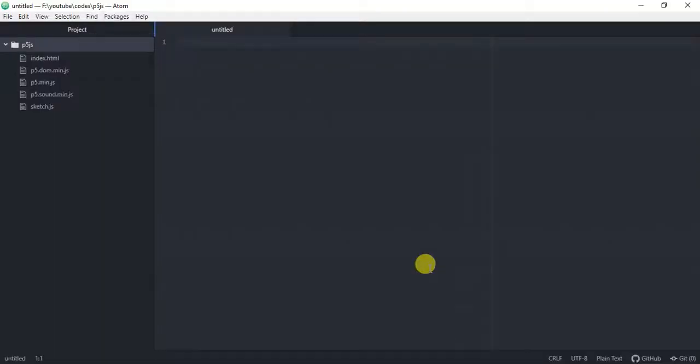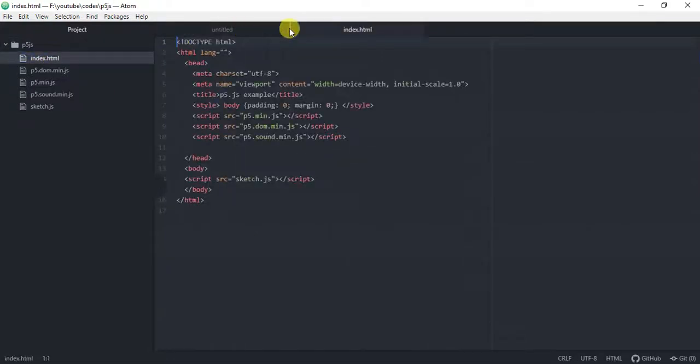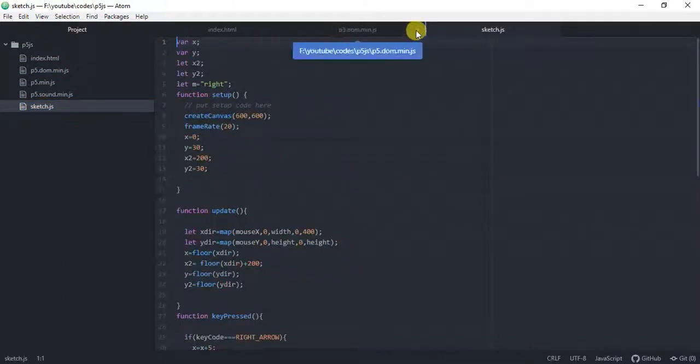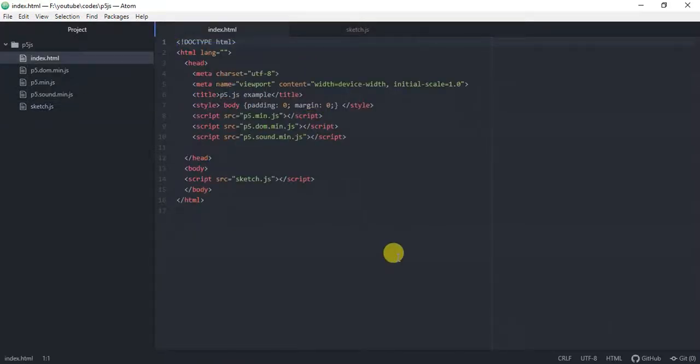Now I am using my code editor. This is Atom. You can download it at atom.io. Now here I will open this file, index. This is already made. We need not download this because this is a library. For this I will continue,